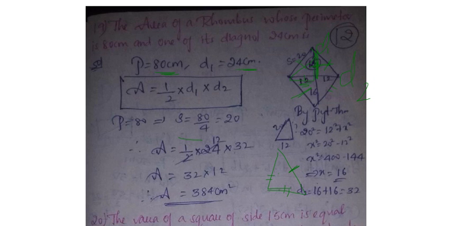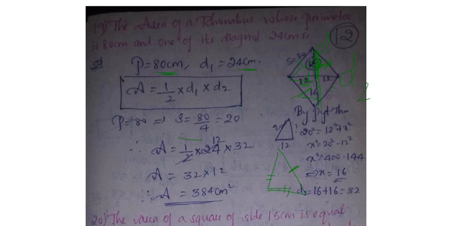This side, our answer, is 16. Now this is 16, this is 12, this side is 20. Three sides we have got, no? Now this diagonal also we have got. This upper part is 16, and the down part will be similar, 16 only. 16 plus 16 is 32. Now the whole diagonal value, don't write simply 16. D1 means this whole: the upper part is 16, the down part is 16, total is 32.